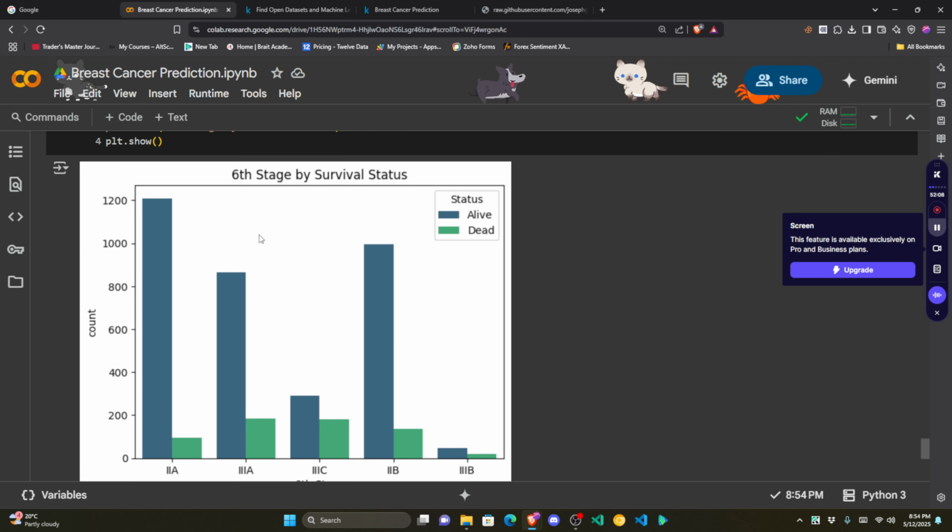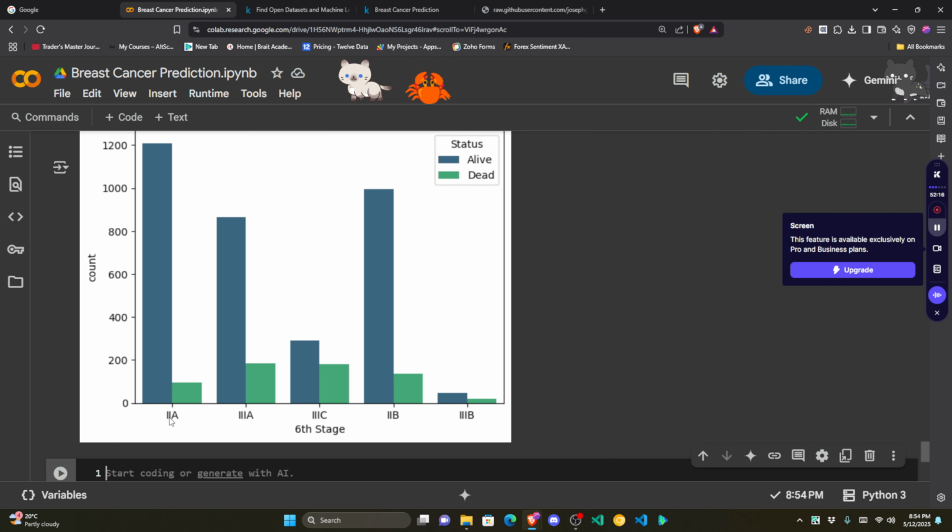This is what we have. You can see the different statuses and the different things that we have. So we can start with IIAA. For that, you are most likely to survive, because you can see